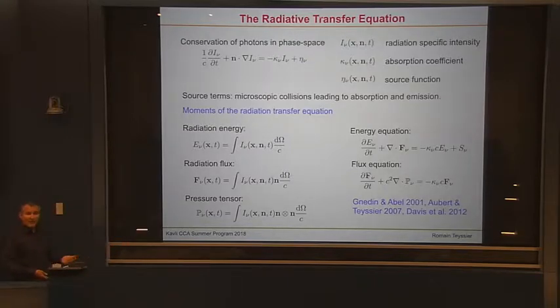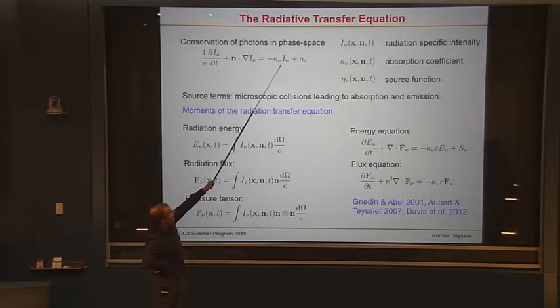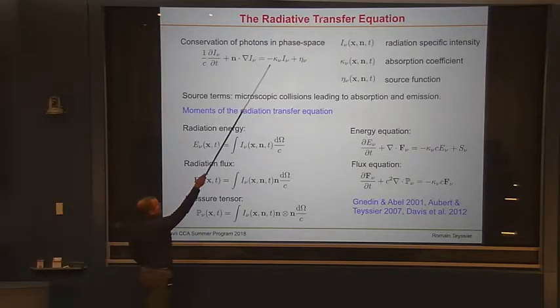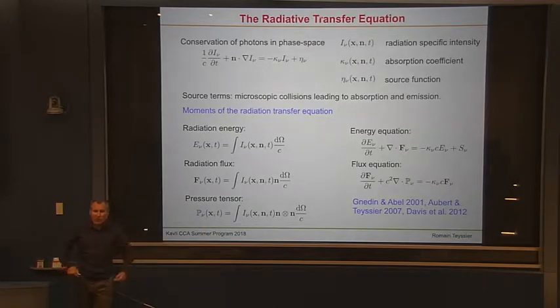Exactly like for dark matter, where there is no collision term, or for the Euler equation, where I have a very high collision term. Here it's the same thing. You basically conserve the number of photons in phase space on the left-hand side, and then the right-hand side is the equivalent of the collision term for the photon, basically the absorption of the radiation and the emission of new radiation. So that's the equivalent of a collision term.